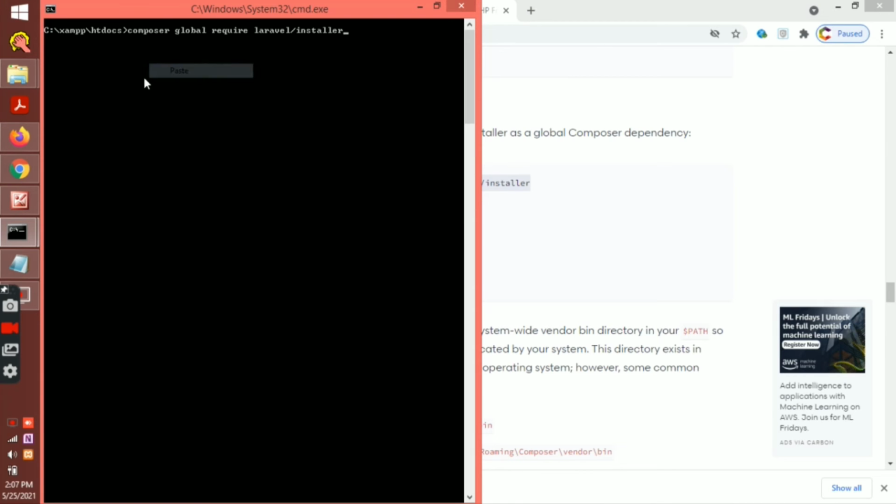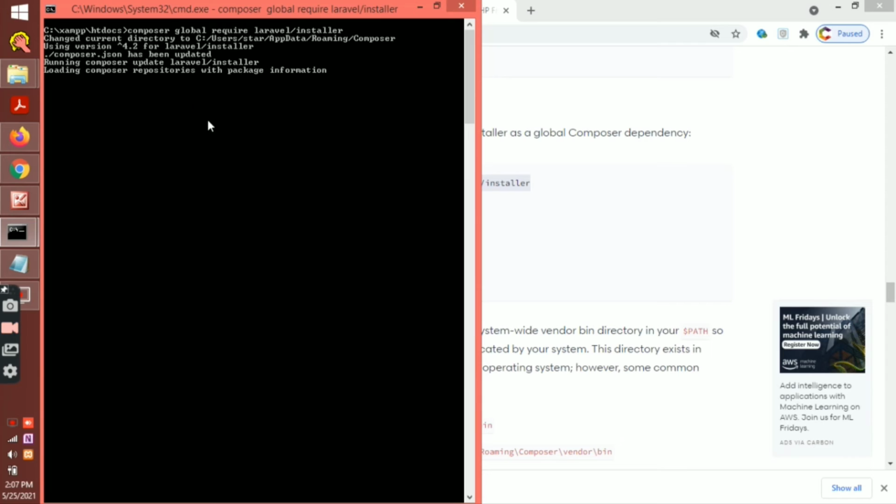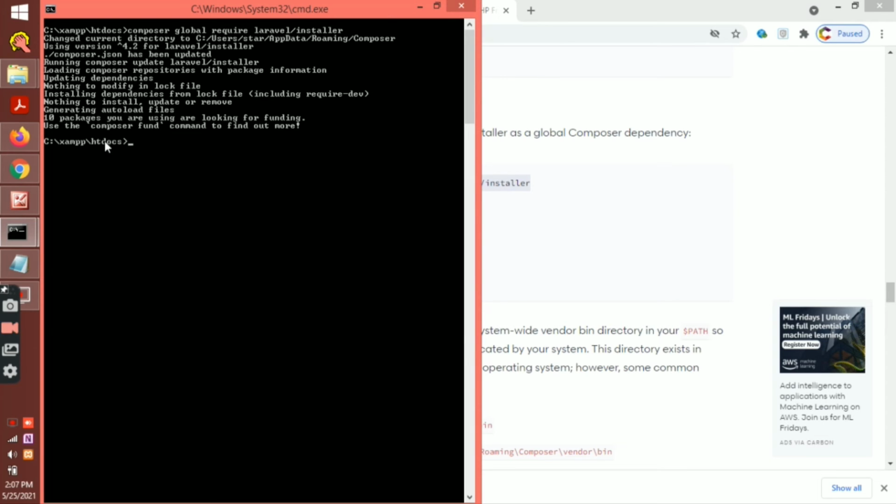If we are using global, we only type laravel new and then the project name, and it will create a project. Now we have to create a project with the project name Laravel_ecom.